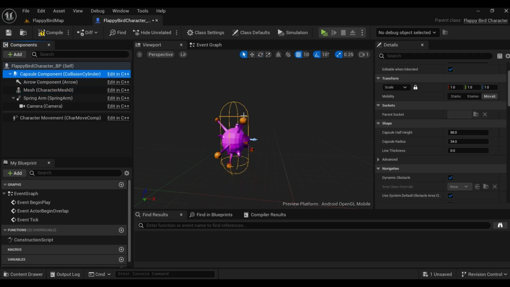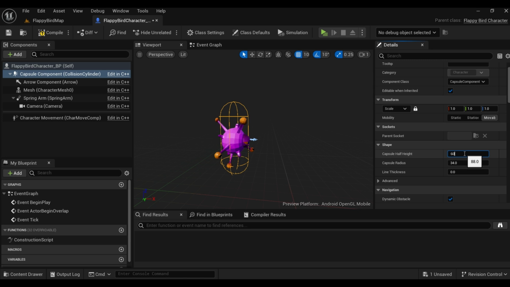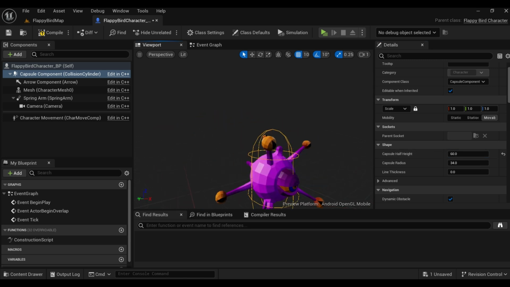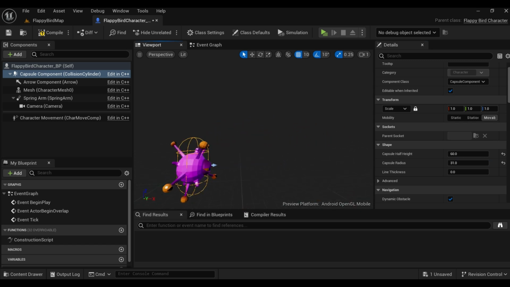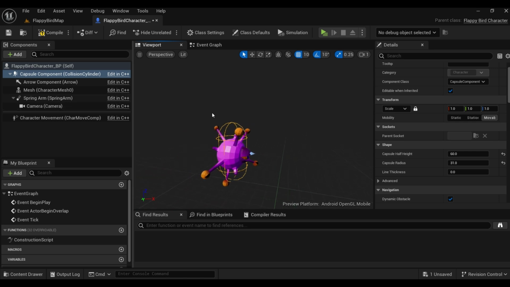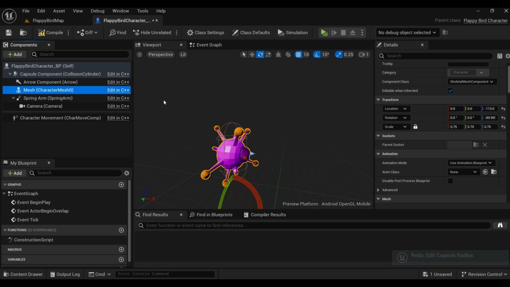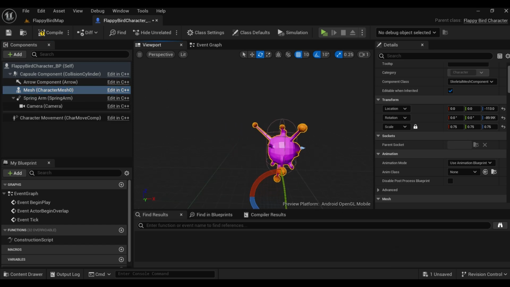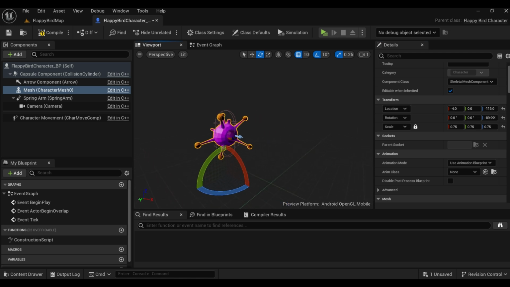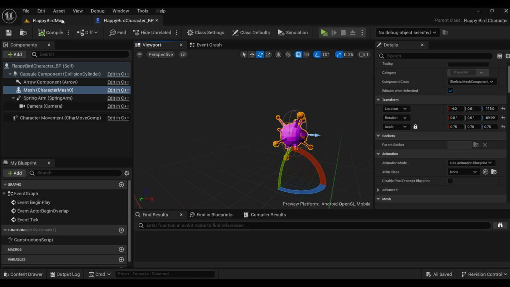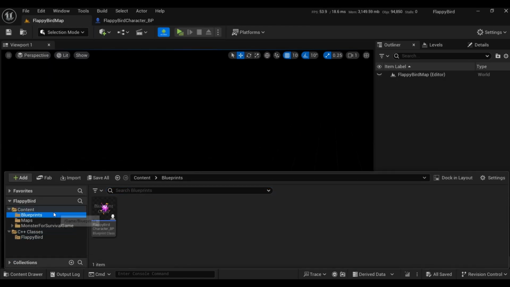And the capsule component, we need to match the mesh. So maybe 60, 30, or 31. Yeah, this looks good. Yeah, I think that's good for me. Great. Maybe get it back a little. Minus 6, -4. Yeah, that's good. Okay, so now, if we drag our character in here,